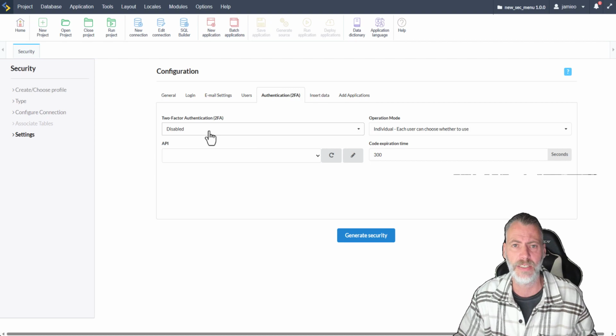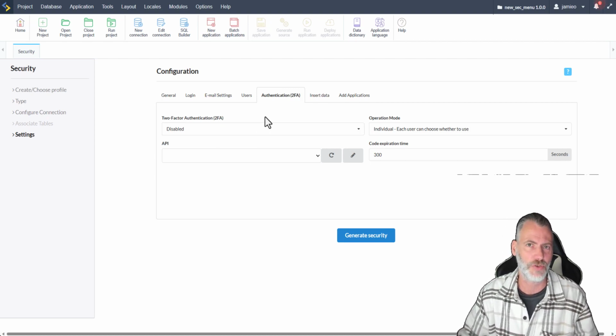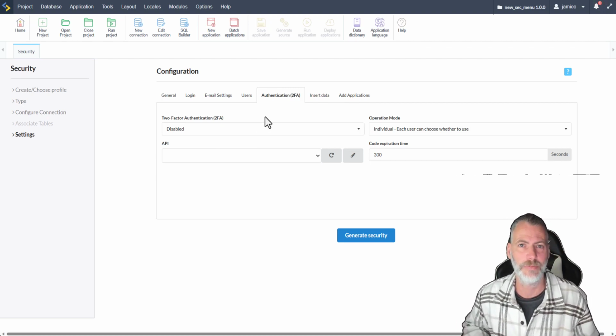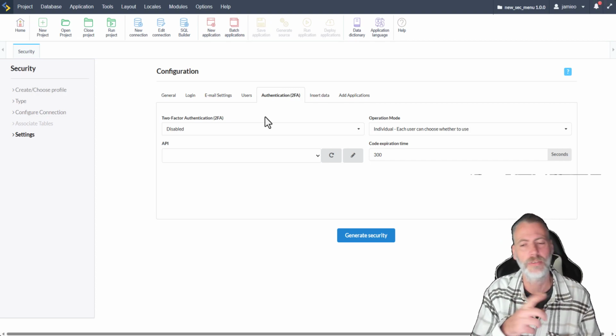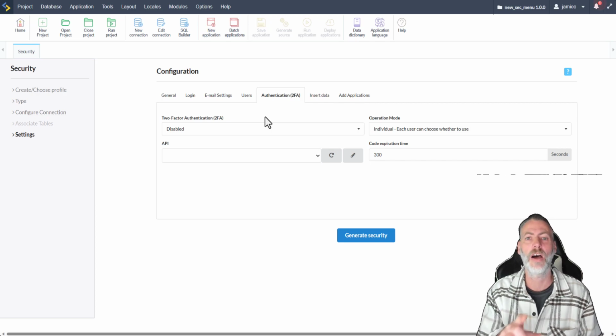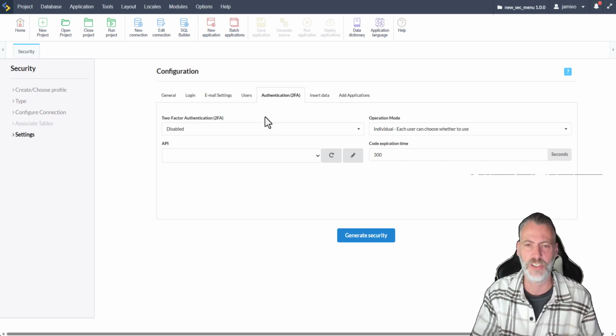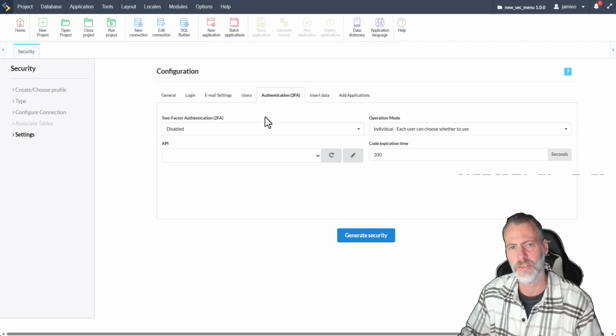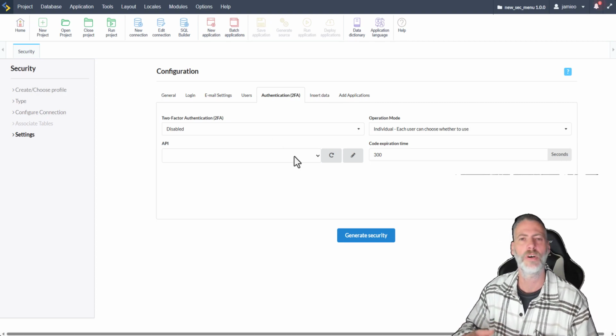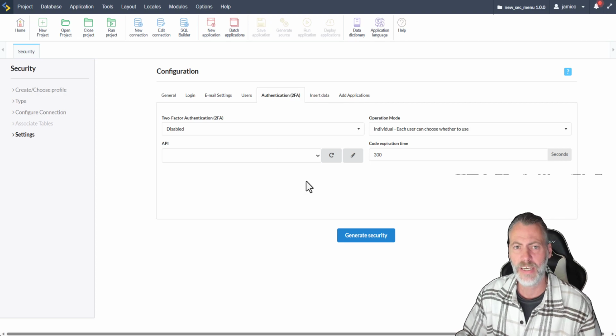Now, I will do this later on, but of course I want to actually try and create this in the back end of Scriptcase after I've not regenerated the security, but after I have added it to my project and then mixed and matched sort of thing. So I'm not generating the security and adding it straight away. I want to see if it works if I add it later. Okay, so we'll come to that